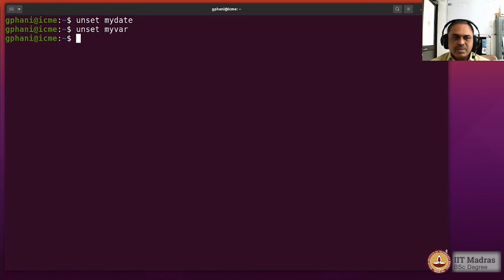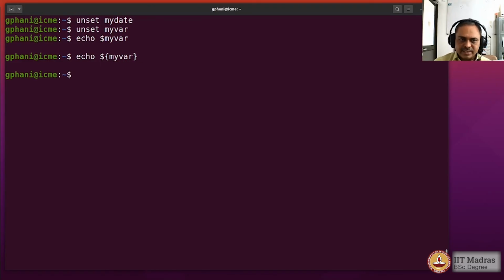So that can be accomplished by a certain construction within the braces, and that is the beginning of various manipulations that are possible. So we will go step by step. So first, if there's any variable you want to print its output, you would put it as $myvar, and you could actually have the braces to indicate the variable name. You can now start becoming comfortable using the flower brackets for the variable name, because there are a lot of characters that we will be inserting within the flower brackets,